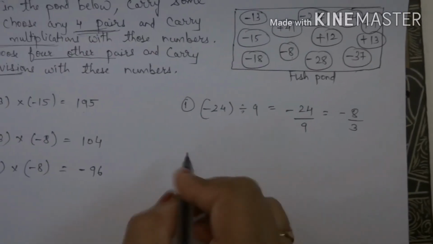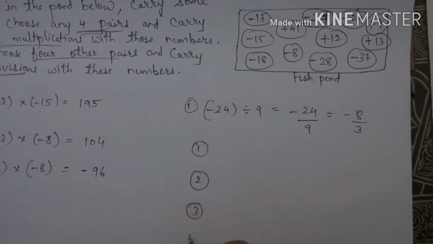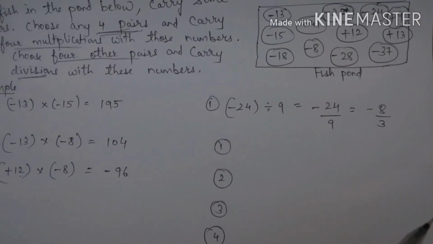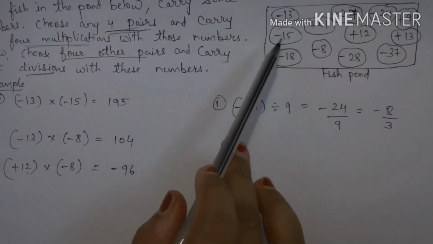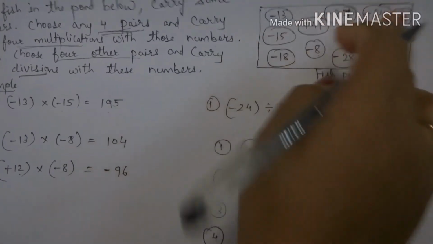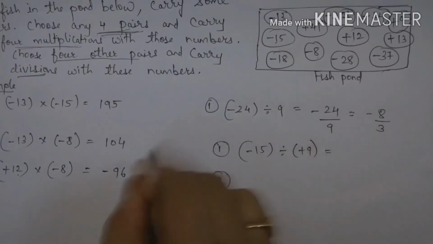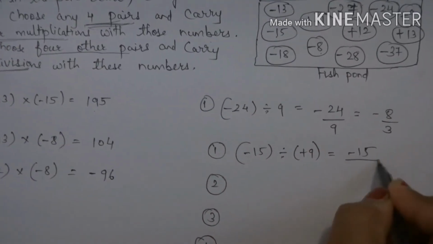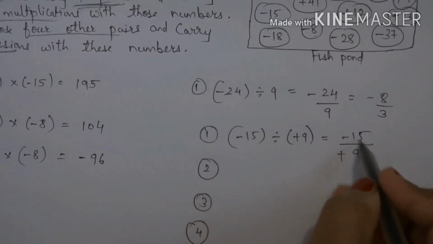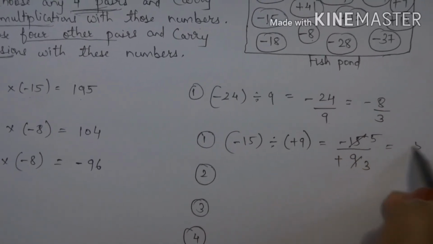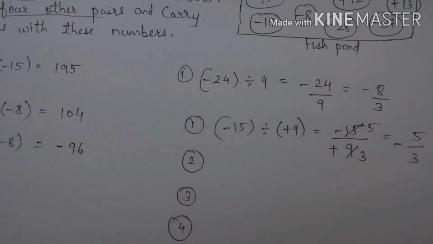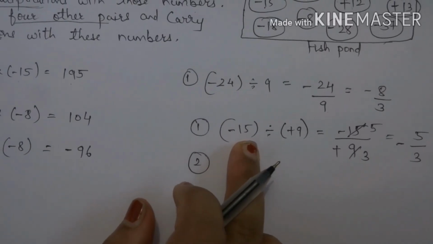Similarly children, we have to find out 4 examples of division also. So let's choose any 2 numbers for division. See, one they have already given us. I am taking minus 15 and 9. Minus 15 divided by plus 9. So write them in fraction form first, children. Minus 15 upon plus 9. Both the numbers will go in which table? 3. 3 5s are 15, 3 3s are 9. So what is the answer? 5 upon 3. Minus plus is what? Minus. So give the sign minus. So the first number we got is minus 15 divided by plus 9.